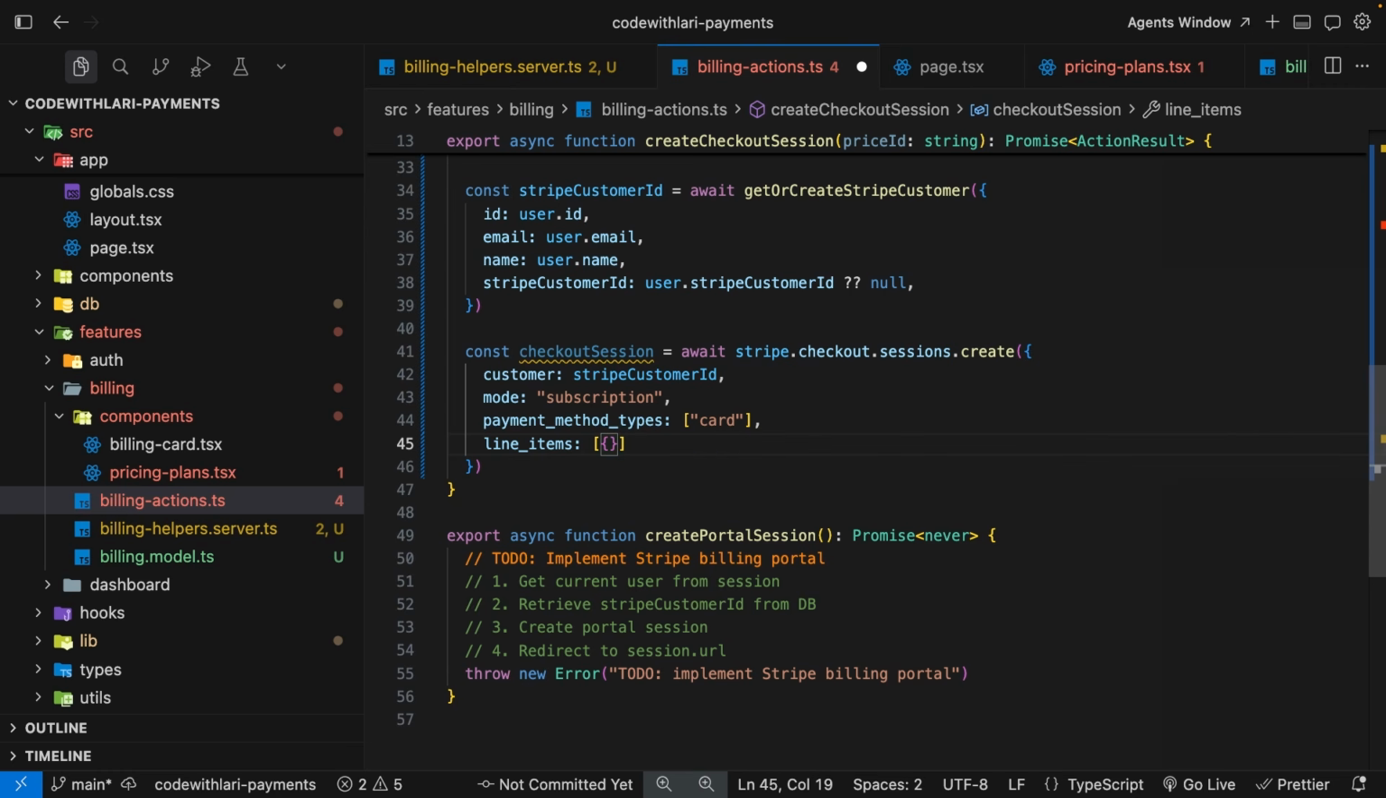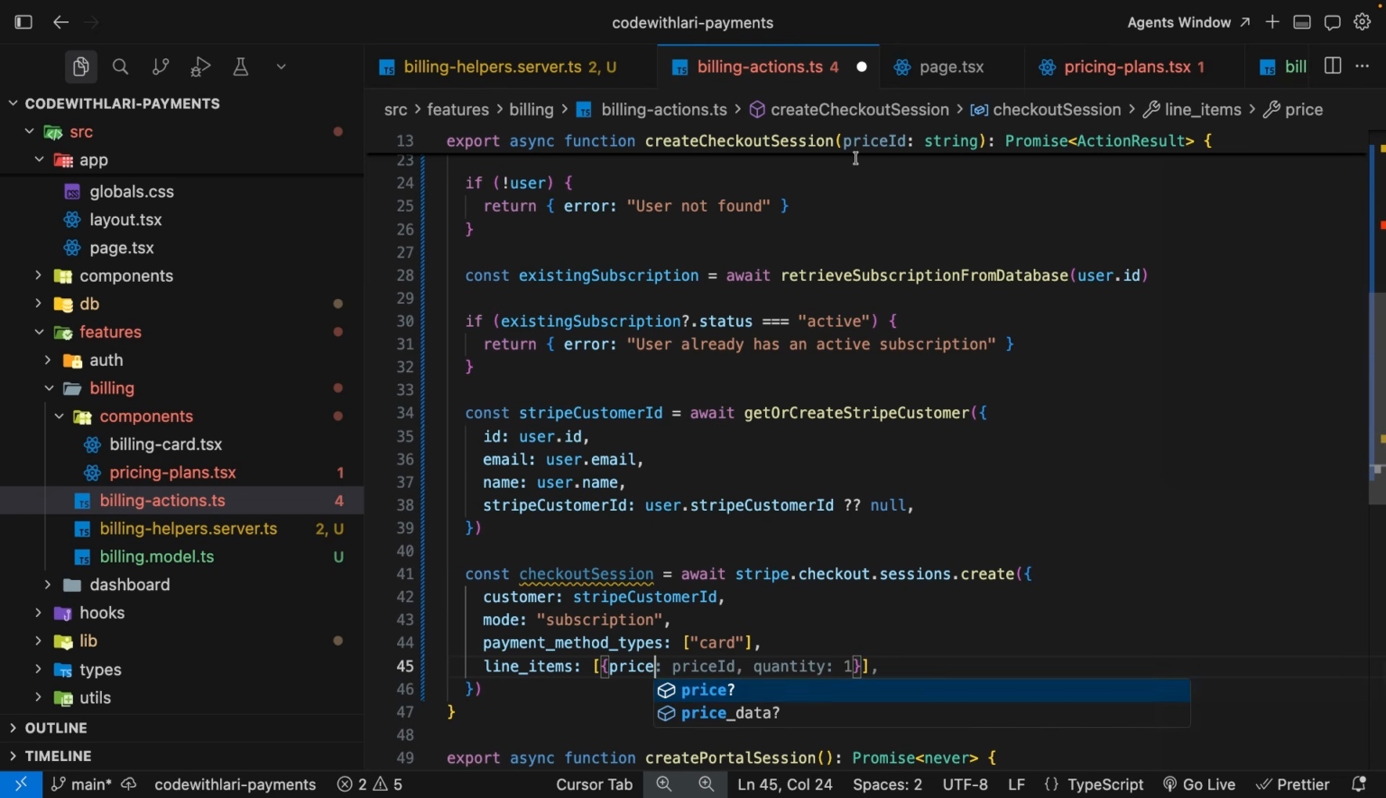So let's have the price, and the price we're going to pass here is the price ID. Remember, here we have the price ID. And how are we passing this price? How are we getting this price ID? How do we know the price ID? Remember, over here in this page,